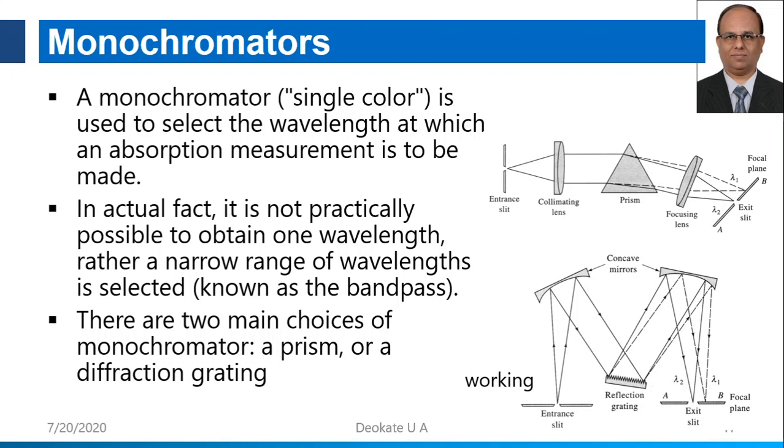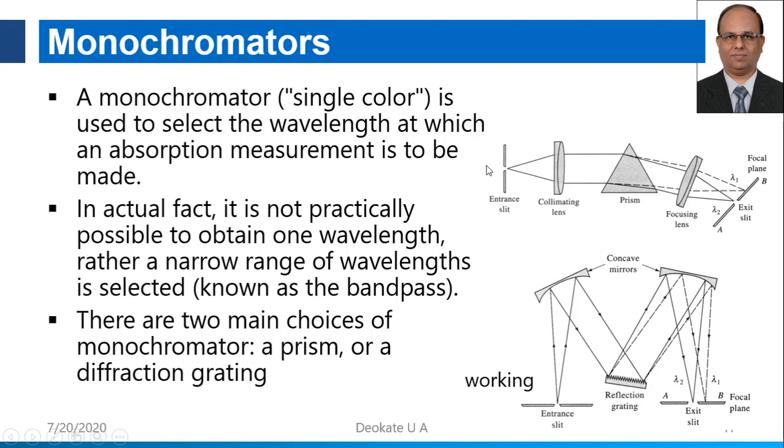It is used to select the wavelength. It has the ability to select wavelength less than 1 nanometer. If you are using a prism, we can select the wavelength in steps of 1, 2, 3 nanometer. If you are using refracting gratings, we can even go up to 0.1 nanometer. Means very precise wavelength you can get by using this monochromator. So all new instruments use the monochromator as a device. It is a fact that it is partially possible to obtain one wavelength rather than a narrow range of wavelengths by using such devices. I will now explain the function of this device.